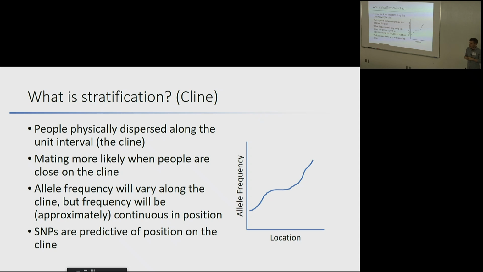The real world isn't a series of chasms. And so here's again, a bit of a simplification, but I think a useful simplification for how the world is a bit more. So imagine that we have a model where people live on the unit interval, and where they are in the unit interval is geographically where they live. And mating is, people are more likely to mate with people who are close to them. So sometimes you call this the cline. So this kind of smooth variation geographically. And people are more likely to mate with people who are close to each other geographically on the cline.